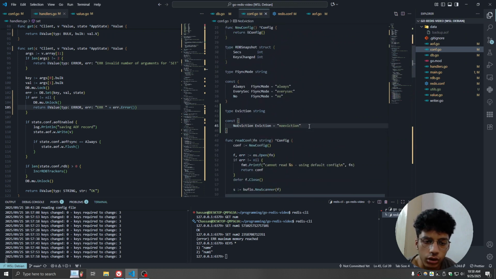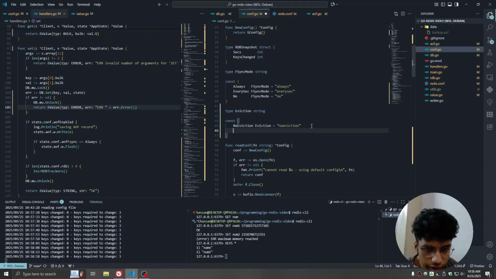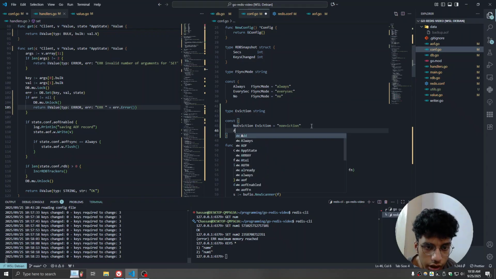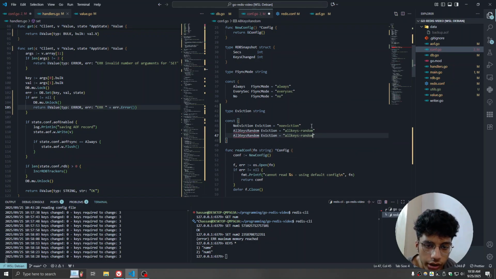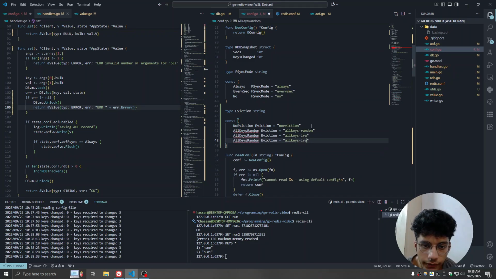Let's actually add all of the eviction policies right now. So we have like, I don't know, 10 different eviction policies. Let's say allkeys-random eviction is allkeys-random. There's also allkeys-LRU, which is least recently used, and then LFU, which is least frequently used. Let's change the name over here as well, allkeys-LFU,